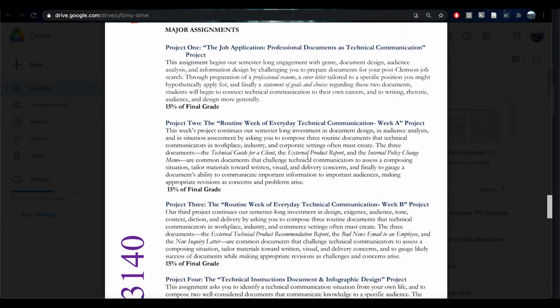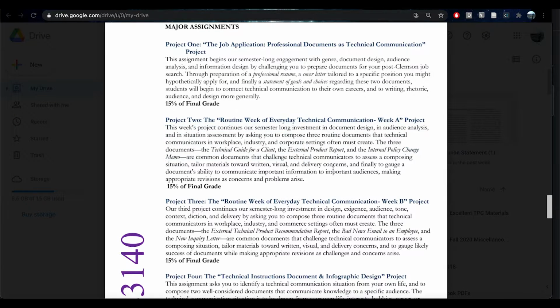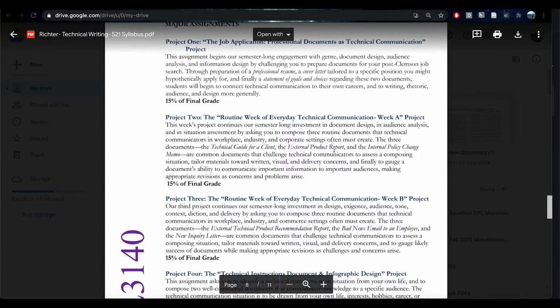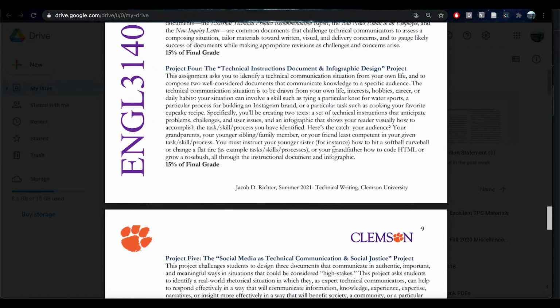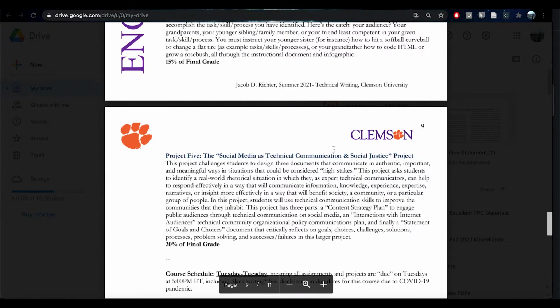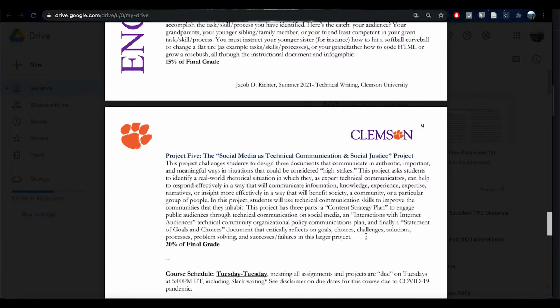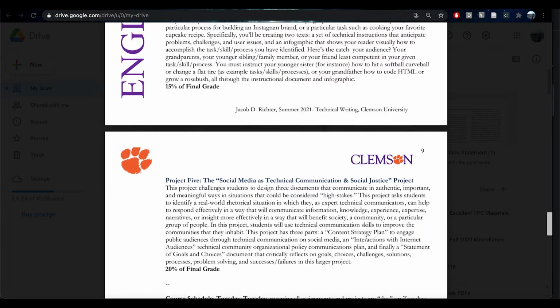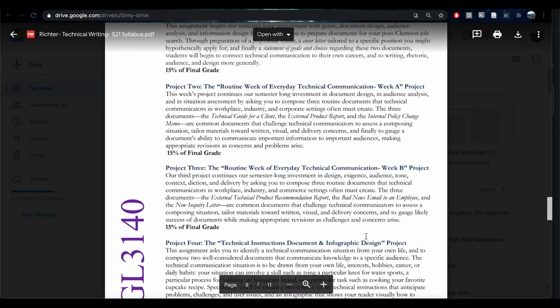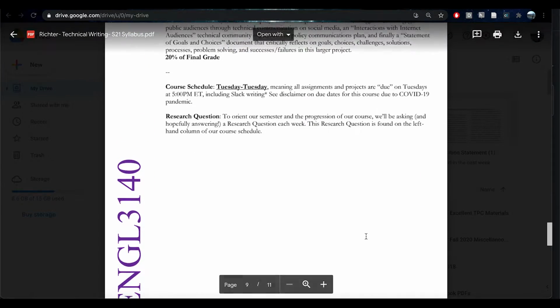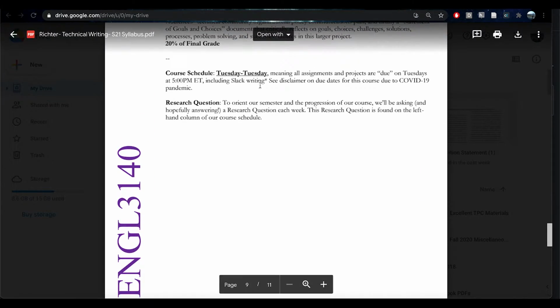You'll see that you have an overview of all of your major assignments for the semester. We have 5 major assignments for 5 weeks of the course. Read over those. They might change just a little bit. I'm essentially going to give you a little bit more guidance than these short little blurbs, but all of them will generally stay consistent. And then finally, the final part of the syllabus just goes over our schedule once again,